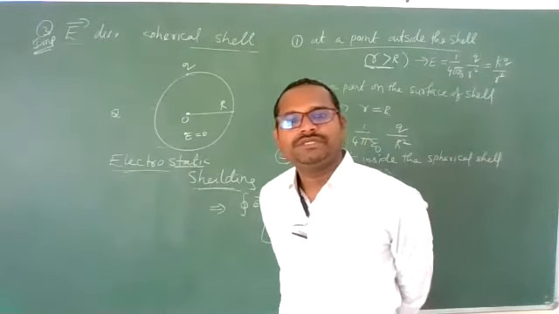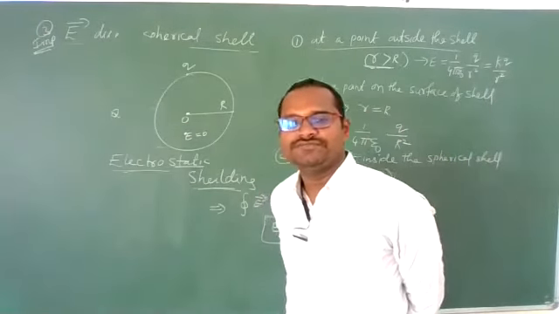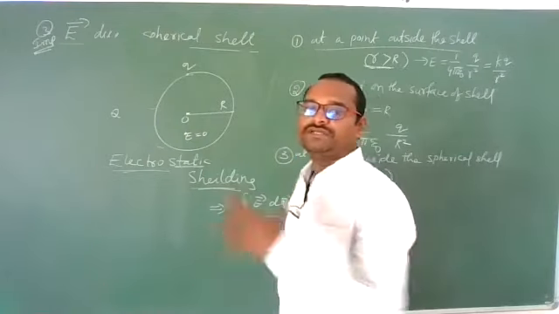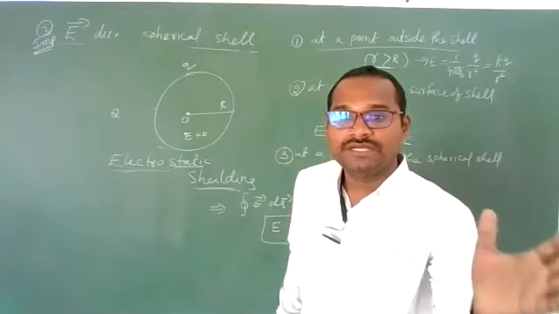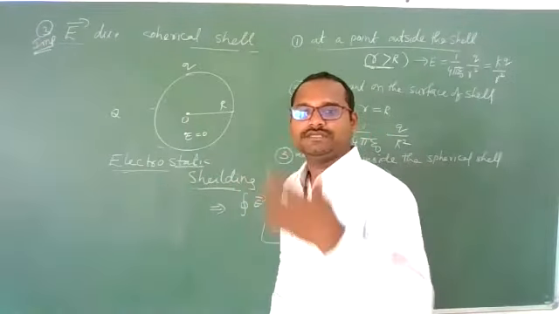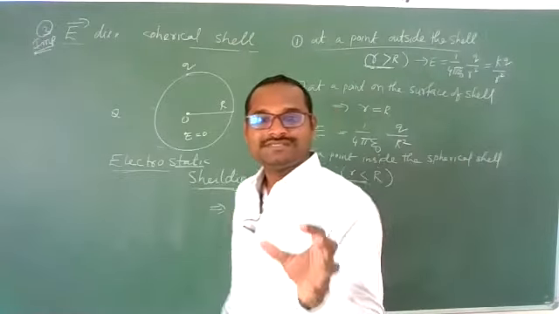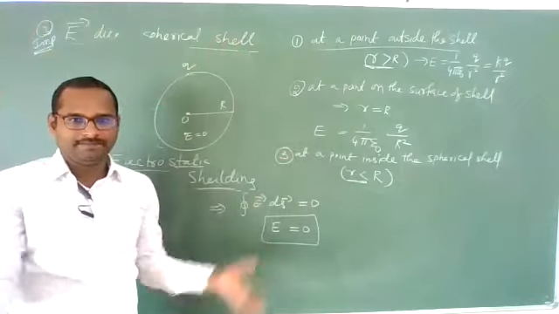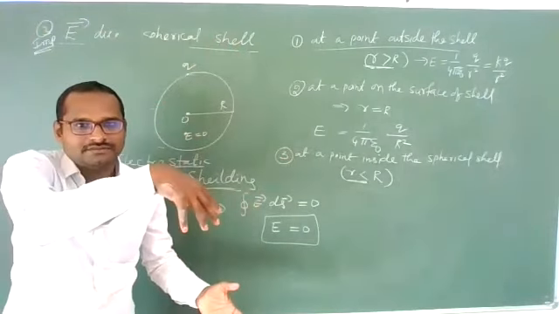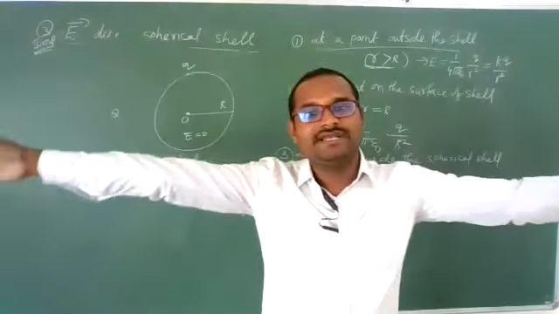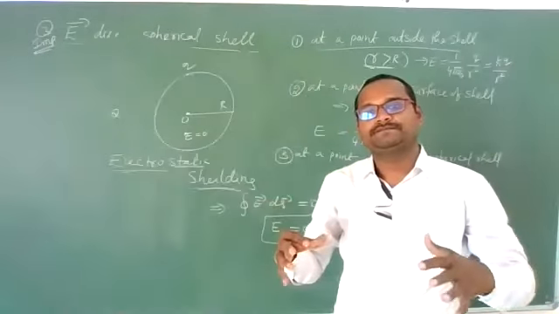For example, during thunderstorms, if a person is going in a car, we give a precaution: don't come out of the car, stay inside the car only. Why do we say that? Because the car is made of metal everywhere, with a vacuum place inside. Clear enough? From the outside electric field, it shields that person.